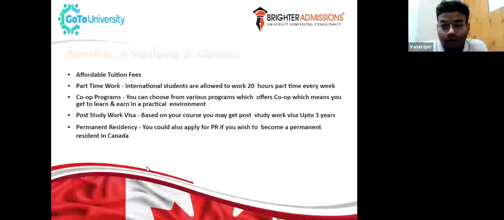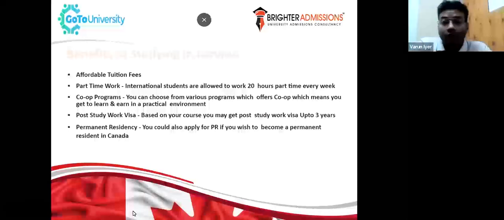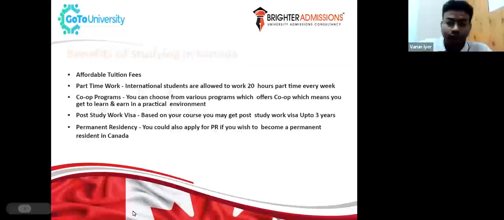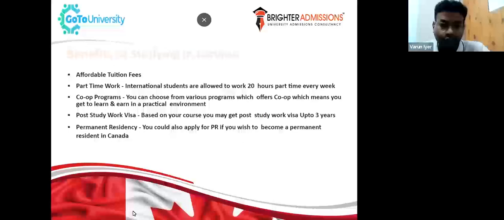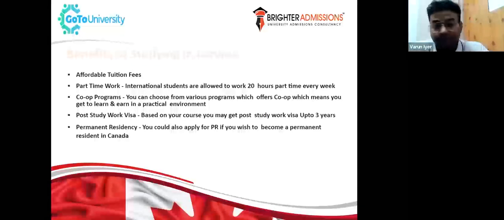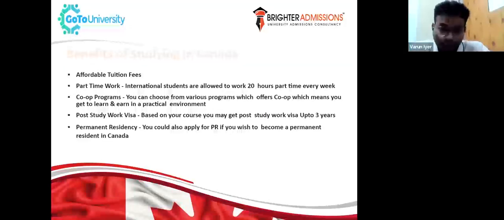Now that work term could be paid or it could be unpaid. It depends on the college and the kind of program you're going for. But generally, most of the time it is paid as well. The main benefit of the co-op program is that you might be able to learn and earn at the same time. Second, it is a part of the program, so you have to do it.